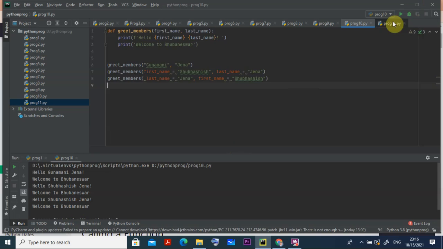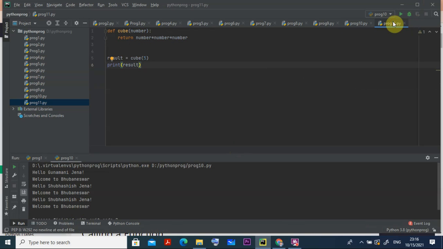We are going for the last part of this one. Here I am going to show how to use return. For example, I am going to create a function like cube of a number. Usually to cube a number you multiply three times. So define def cube number, then colon, then to cube, return number into number into number. If it is a square, it will be number into number. If it is a cube, it is number into number into number. You can also use the math function, but I am not using it. Then after this you have to leave two line spaces.